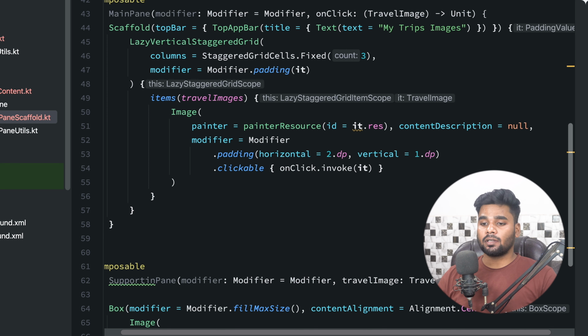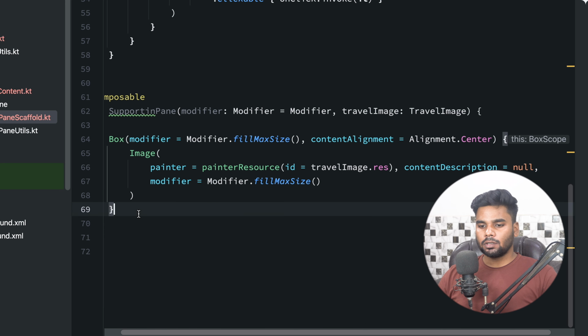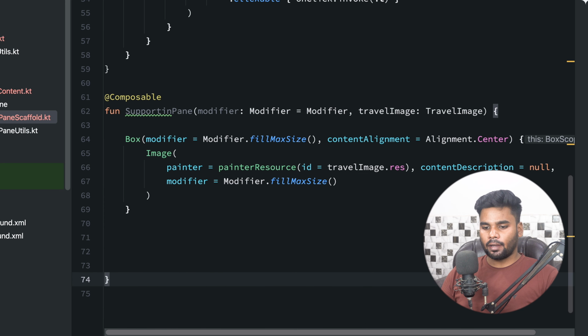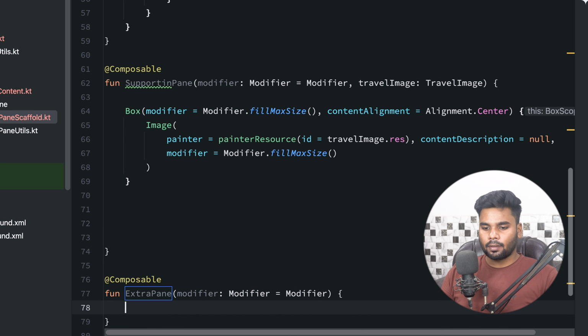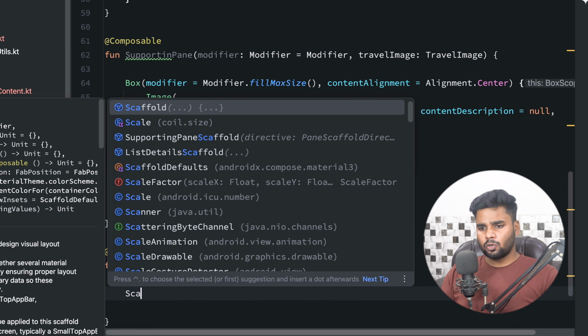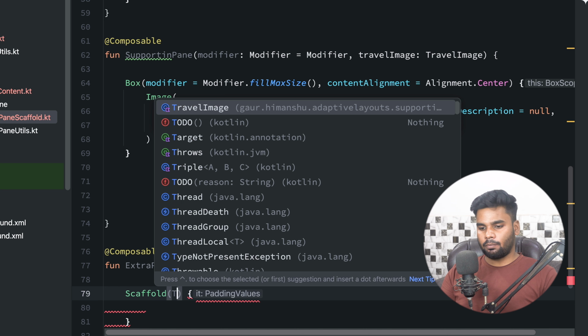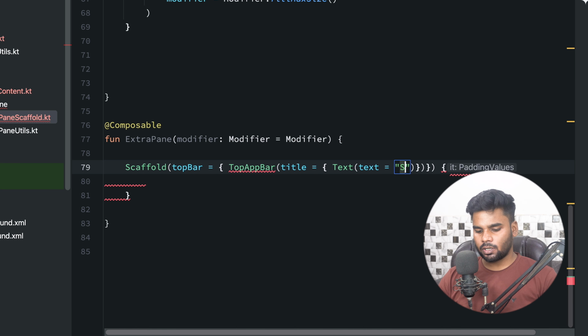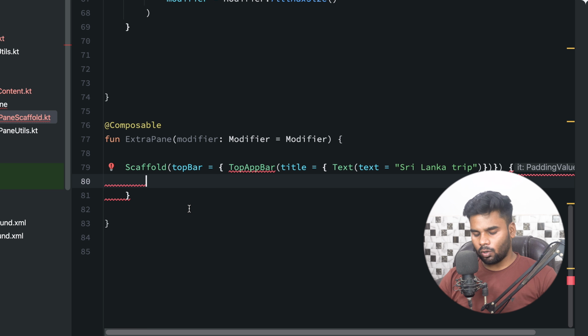So here we are having extra pane. So this time I'm gonna take the leverage of this extra pane. So in order to do that, I'm gonna create a composable and call it extra pane. And within this I'm gonna use scaffold, and scaffold contains the top app bar. So we are having text and it says Sri Lanka trip. Cool. Now within this scaffold I'm gonna